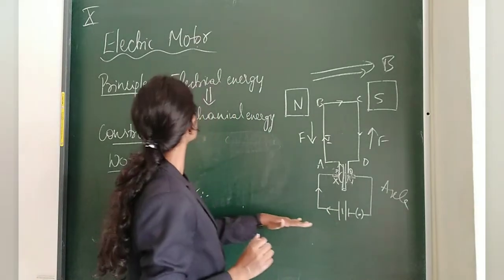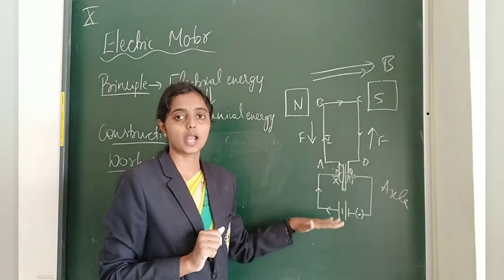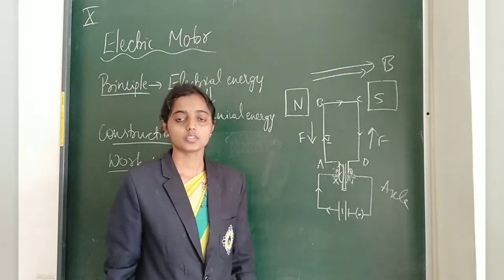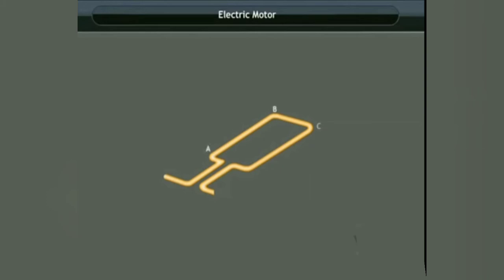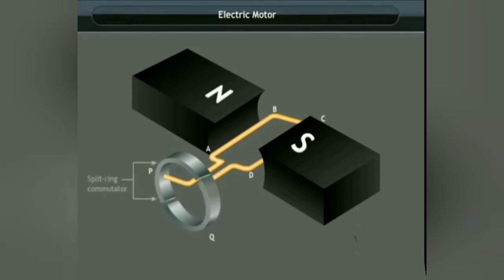So to understand this electric motor, let us take this clip which gives practical knowledge. We have a rectangular coil which is named ABCD and which has 2 terminals, and this rectangular coil acts as an armature and is placed between north and south poles. And observe, the ends of the coil are attached to the split rings which are named P and Q, and these split rings act as a commutator.